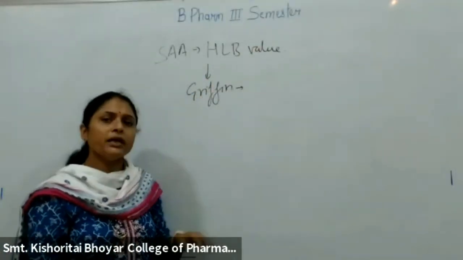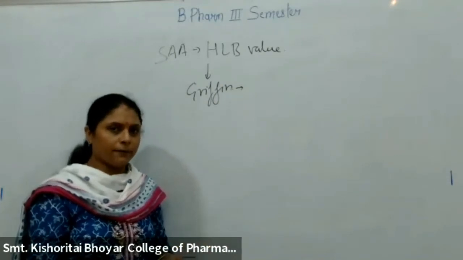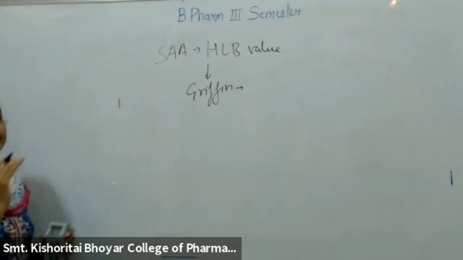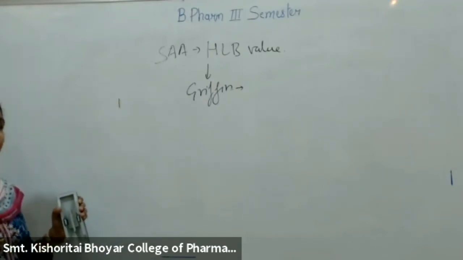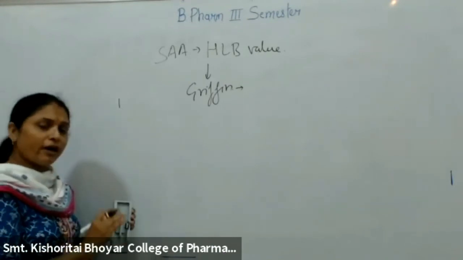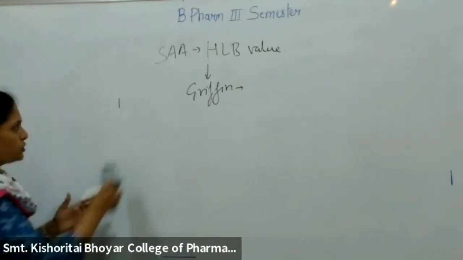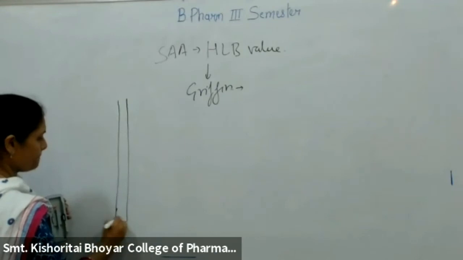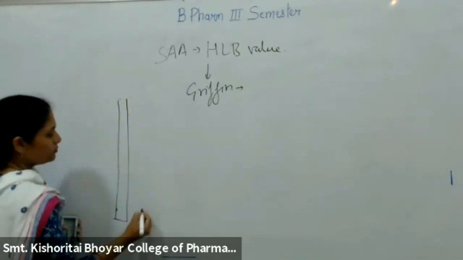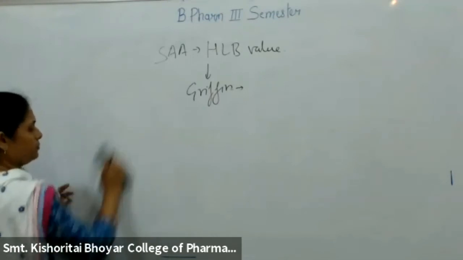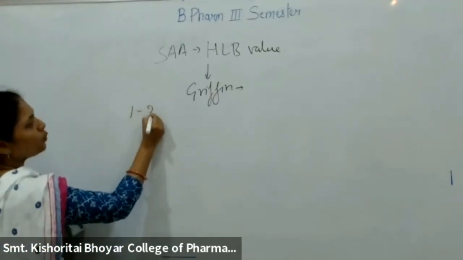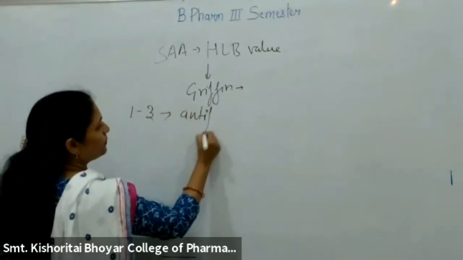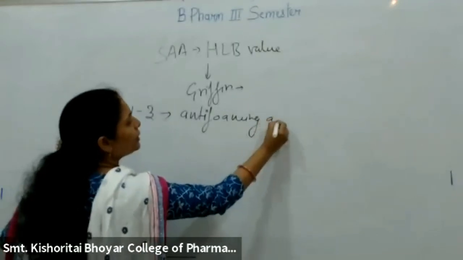एक number है और number के accordingly वो different functions उसके depend करते हैं. So that HLB value ranges from 1 to 16 or 18. 1 से start होके 16, 18 and above. So because of having these values, it has different functions. So if it is a scale, if the HLB value is between 1 to 3, it is used as an anti-foaming agent. Surfactant will be used as an anti-foaming agent.